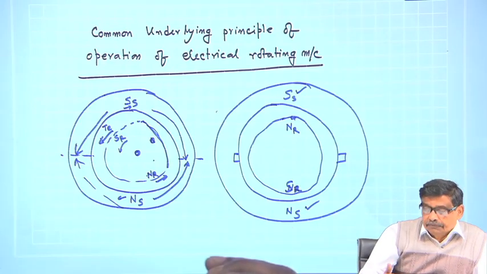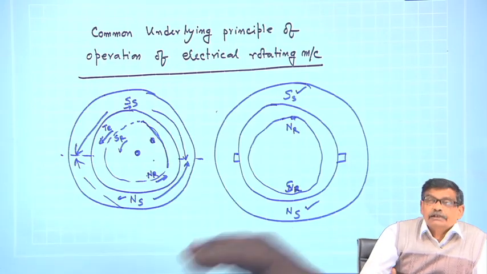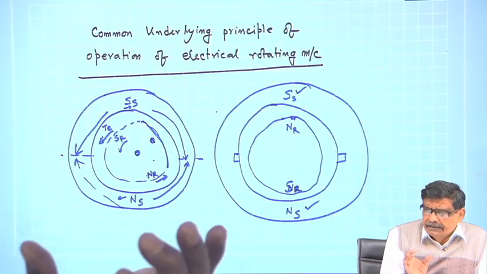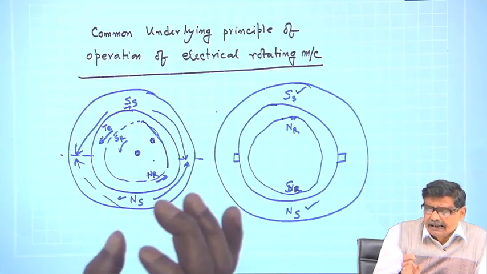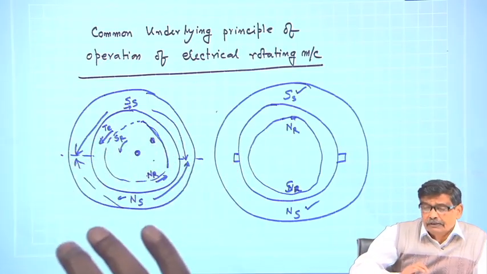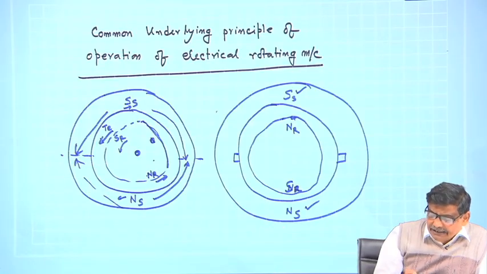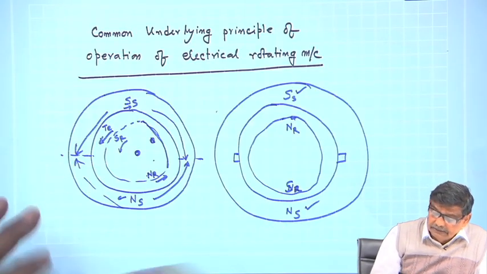That is what the principle of the induction motor is. Therefore, whether a coil is stationary, whether SS NS can also be made to move will be clearer, but at this stage what I am simply telling is,